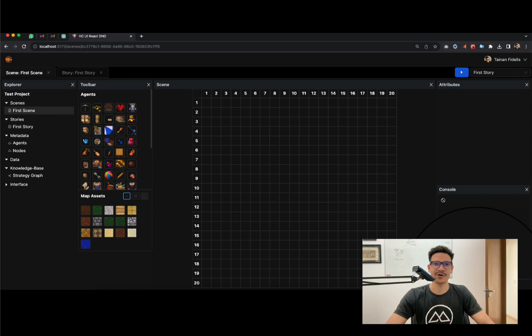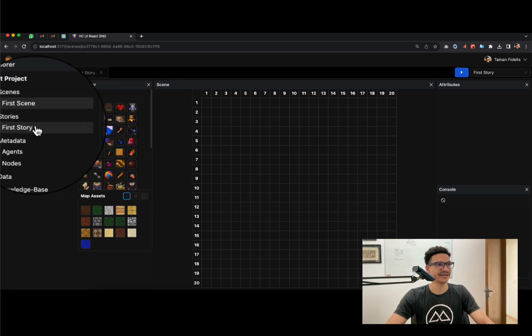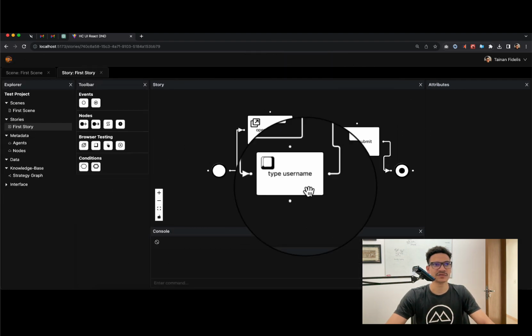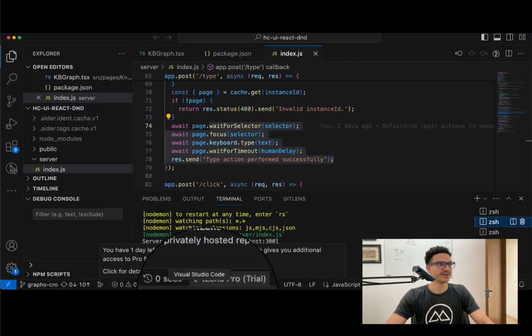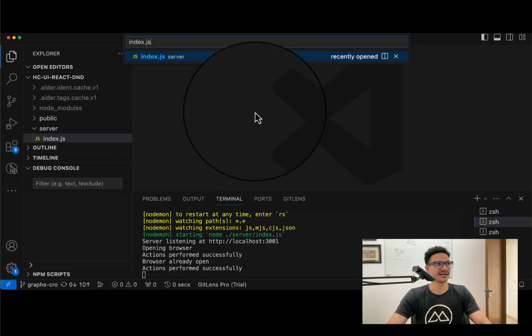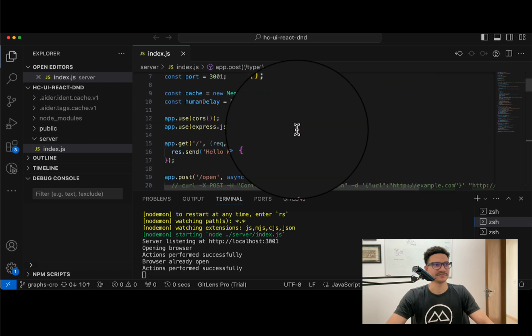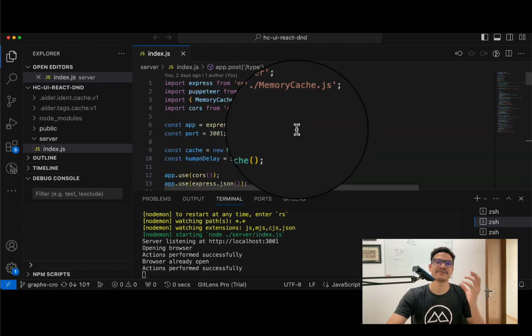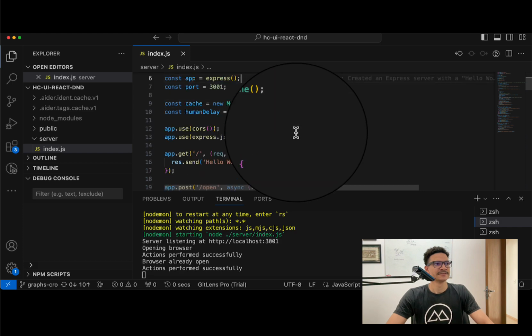I'll show you guys how I implemented this, how I integrated these kinds of nodes, and what library I used to implement it. So let's open here the front-end project. Here we have the index.js. I had to implement a server that runs locally. So I have a React project, but inside the React project, I added an Express server, so a Node.js server